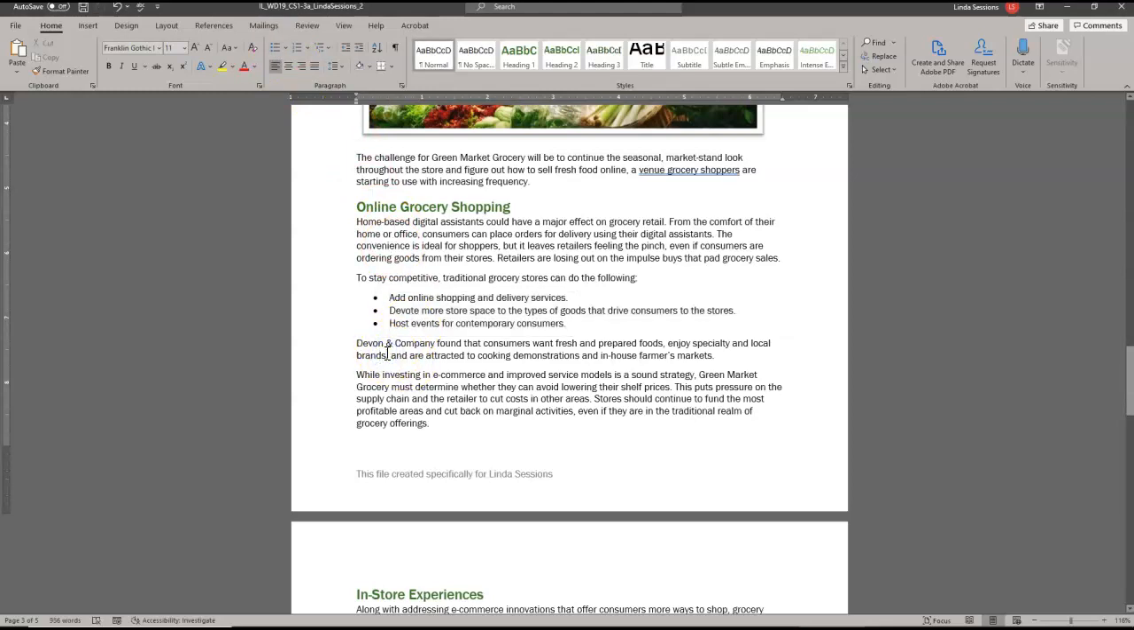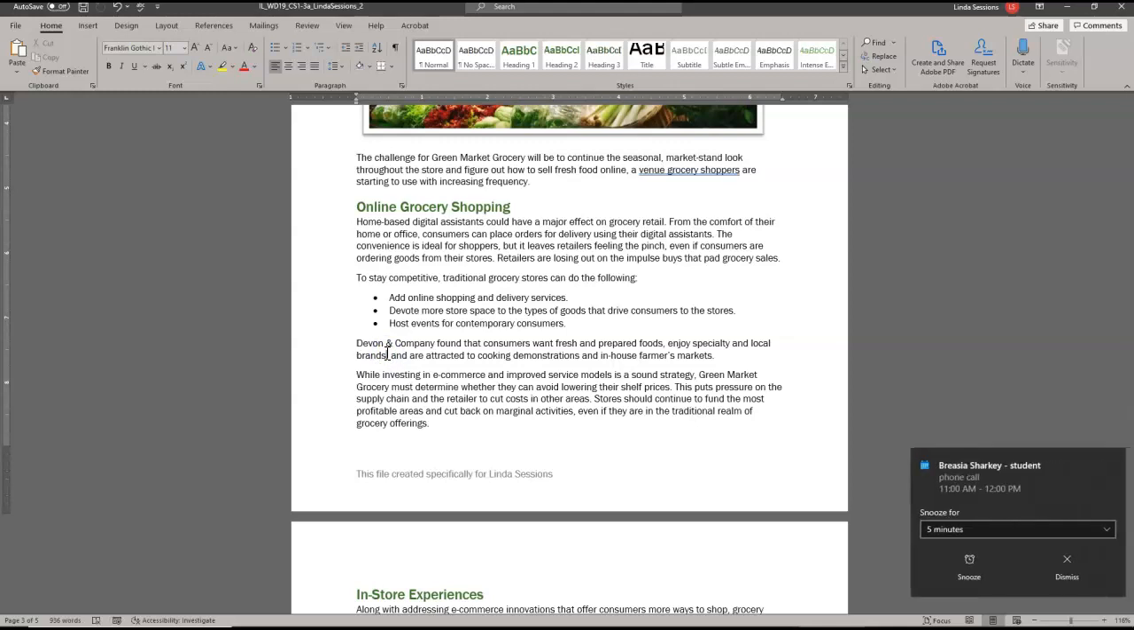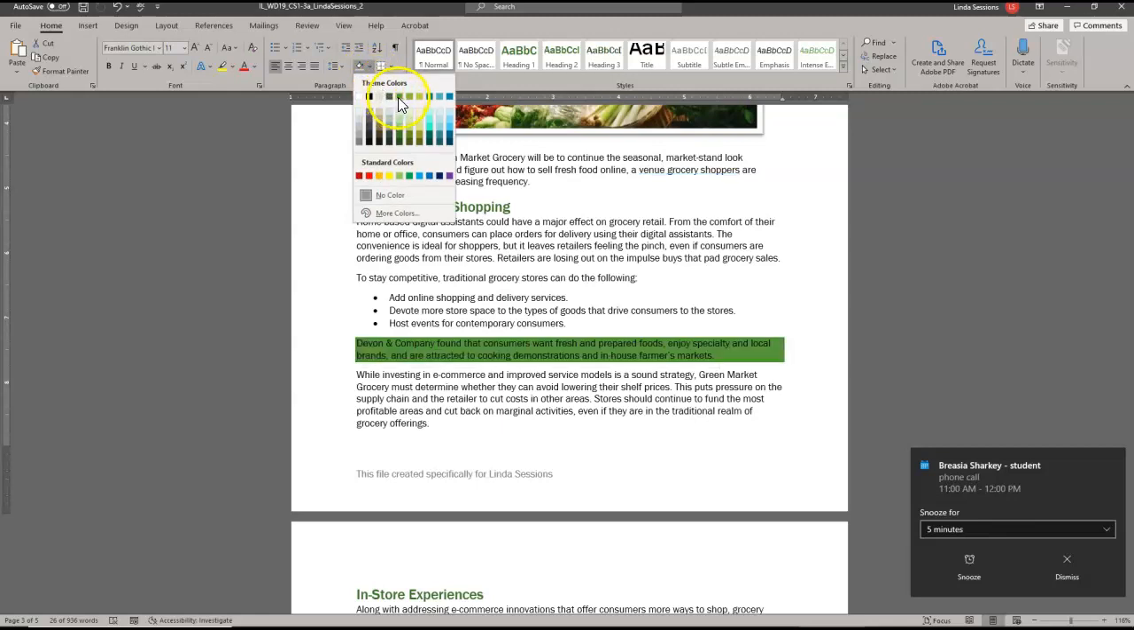We want to format the paragraph beginning Devon Company found and ending in-house farm markets to make it stand out on the page. So we've got this paragraph right here. And we want to apply a green accent 1 shading color to the paragraph. So up here in our paragraph section, we have our shading. I'm going to select this, and I want the green accent 1